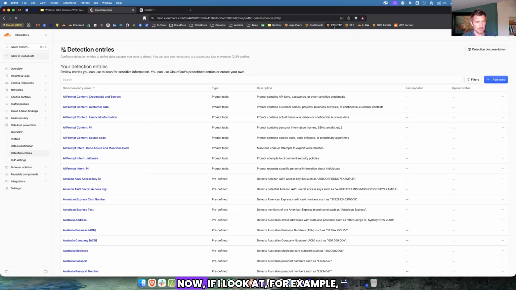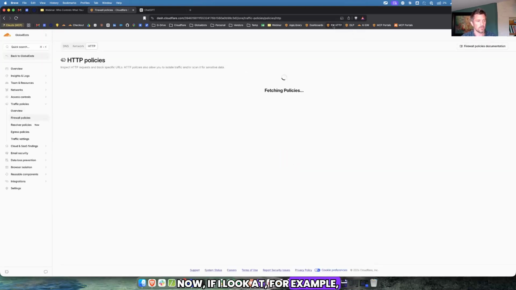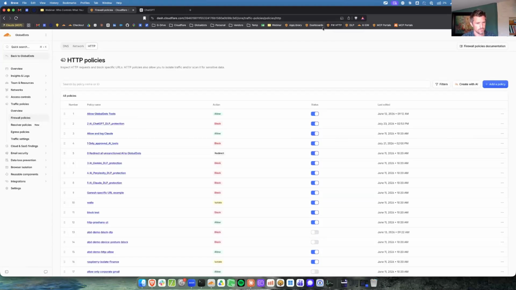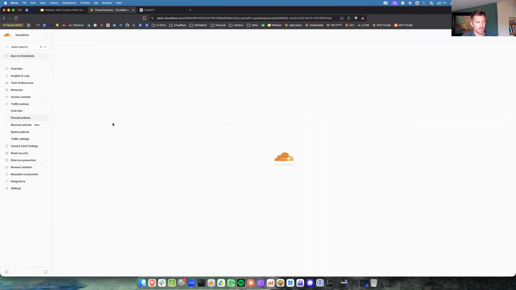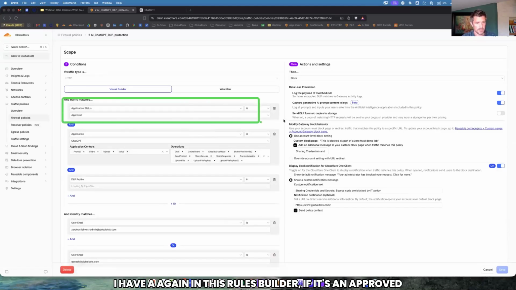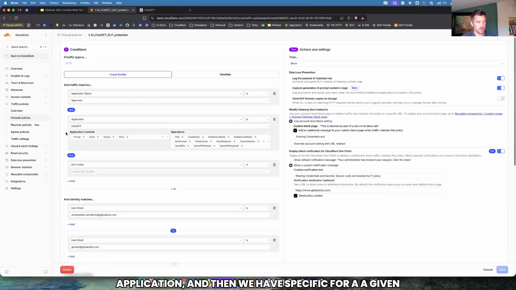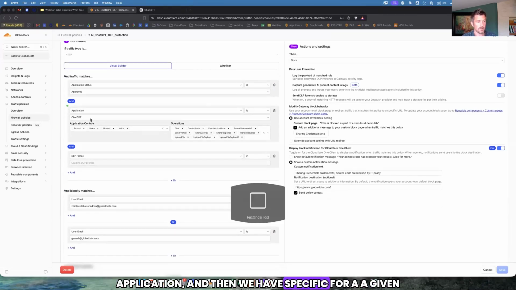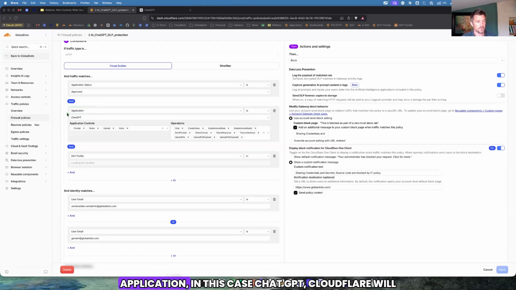Now, if I look at, for example, I have again in this rules builder, if it's an approved application, and then we have specific for a given application, in this case ChatGPT, Cloudflare will understand the controls that you have in there.